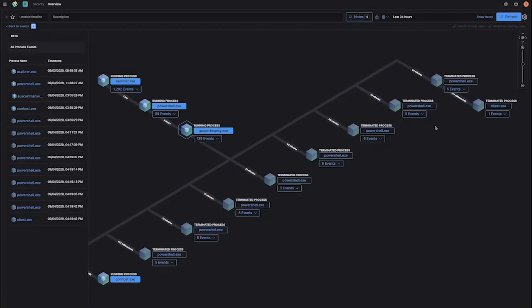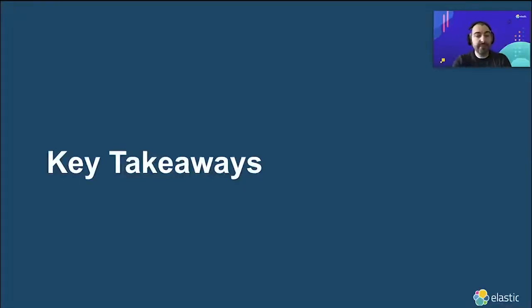EQL today, but suffice to say that you can leverage this technology in Elasticsearch today to build up some really cool detections. So you just saw how easy it was to walk through adversary emulation, and you could tell that I did skim over certain scenarios there. But what I want to, I guess, impart with you is a couple of key takeaways.